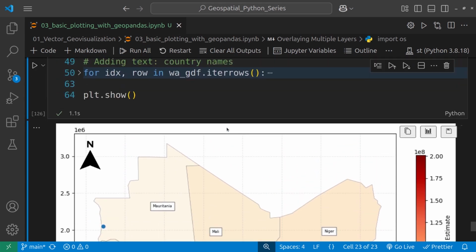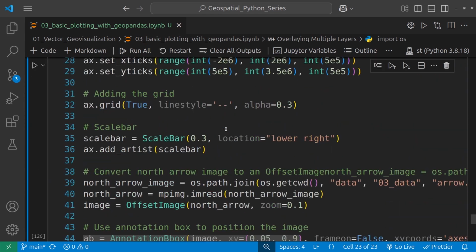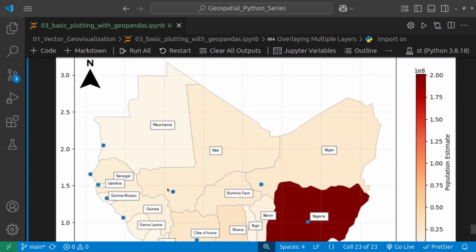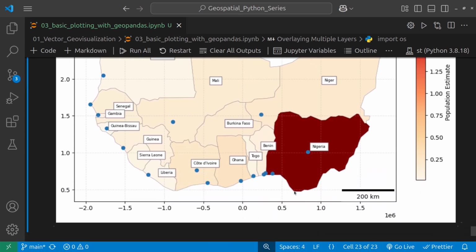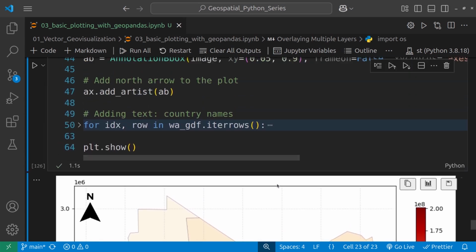You can now label the cities. You know how to do that. I will not do that in this video. I think it will make it clumsy, but if you want to, you know how to do it. You can change the color, you can do that. So what I want to do now is to